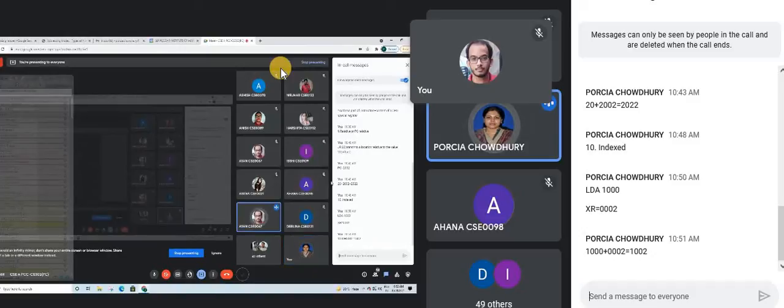Ma'am, we have to memorize the examples? Yes, because if they ask you to explain index register address mode, you have to explain it and always give one example. That's why I'm telling the example very specifically. For all the addressing modes, you have to remember the definition plus at least one example. Suppose I ask you about register indirect addressing mode, first you have to explain what you mean by it, with one example. The same for all the addressing modes.